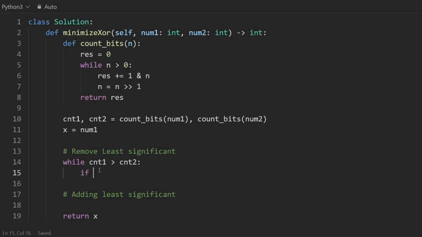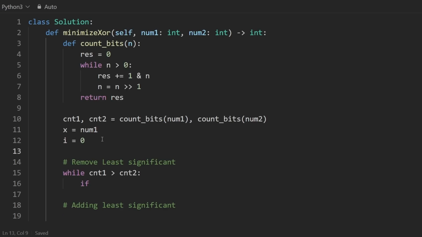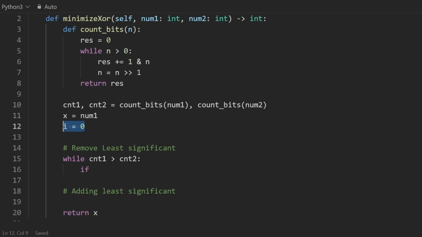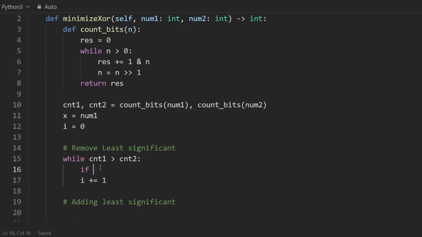So with that, it kind of works similar to what we have here, but I guess we're going to keep track of which position we're at. So I'm going to have i to do that. I have my i pointer, which is 0 right now. So that's the bit that we're going to look at. On each iteration of this loop, we're going to increment i by 1. So to check, we're going to say this 1 shifted to the left by i,